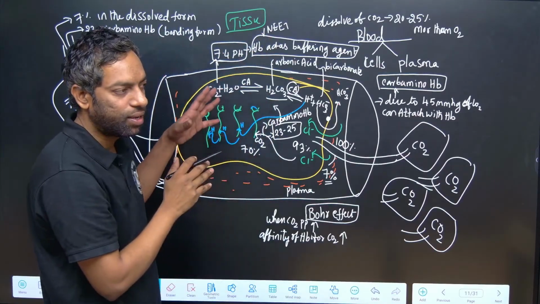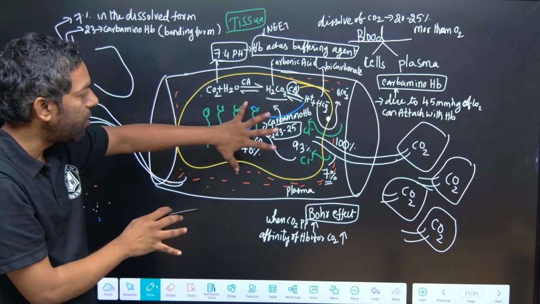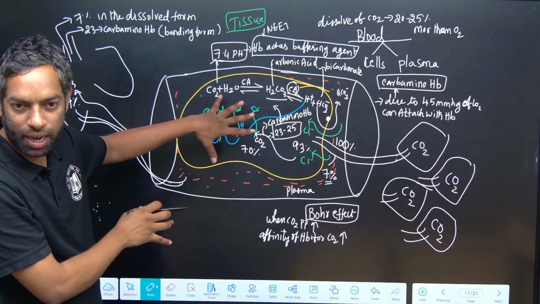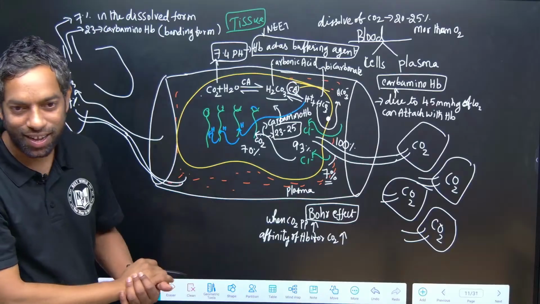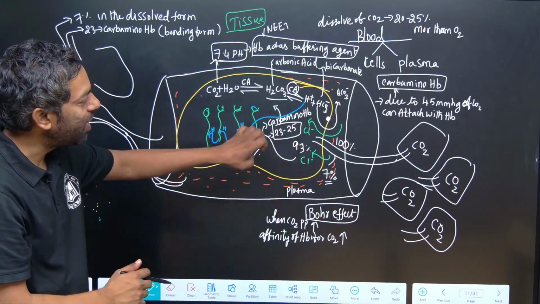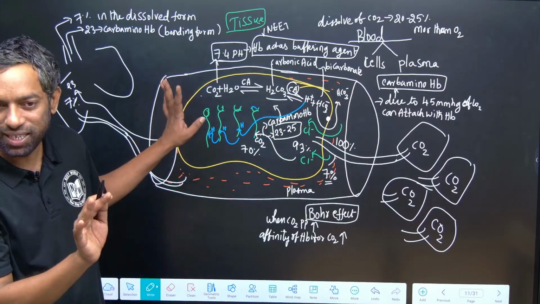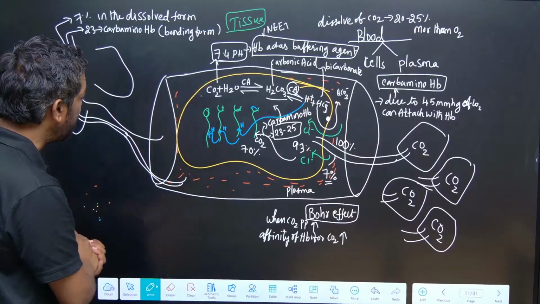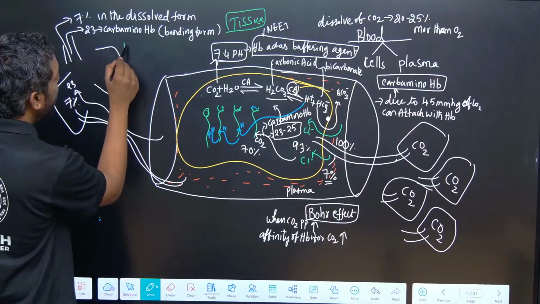Like in the tissue, this is all over the condition taking place. Bicarbonate ions are there in the plasma, chlorine ions are there in the RBC. Okay, in the plasma about 70% bicarbonates are carried forward through the plasma itself. Okay, so if it reaches this area, where lungs,